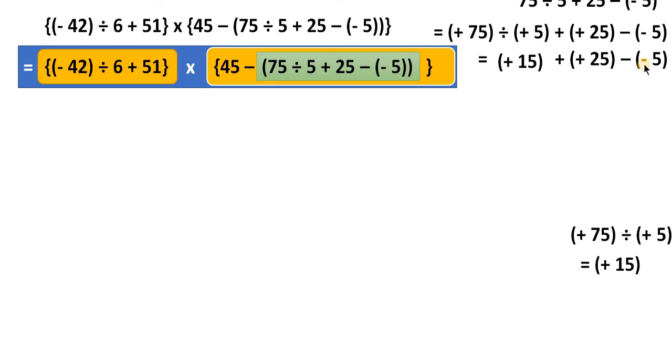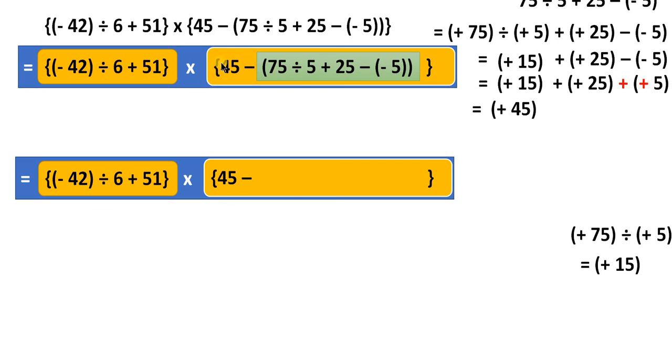This is subtracting negative 5. So it will be converted as adding opposite of minus 5, negative 5. Opposite of negative 5 is positive 5. So positive 5 will come. This subtraction will become addition. So that is what is done here in the next step. Adding positive 5. So now all are integers with positive signs. Therefore, you can treat them as whole numbers and you are combining them plus plus. So 15 plus 25, 40 plus 5, 45. So this comes out to be 45.